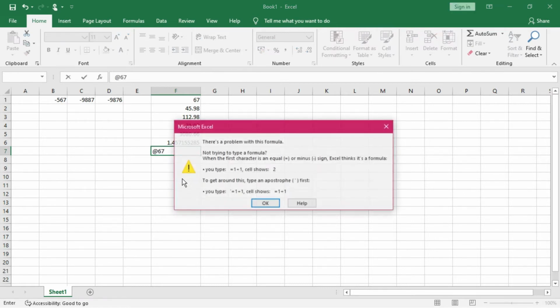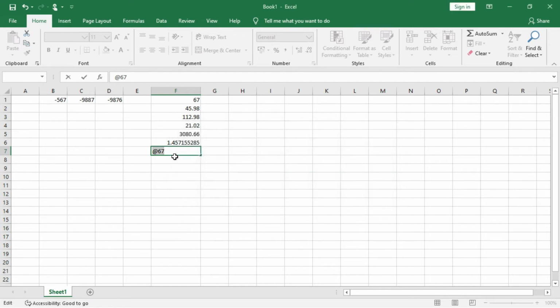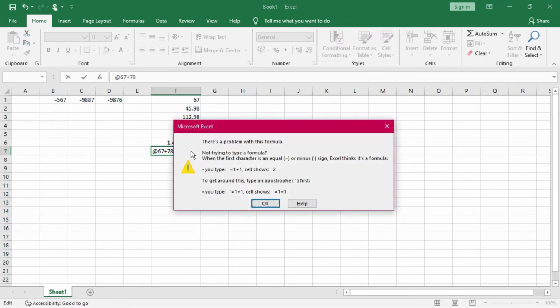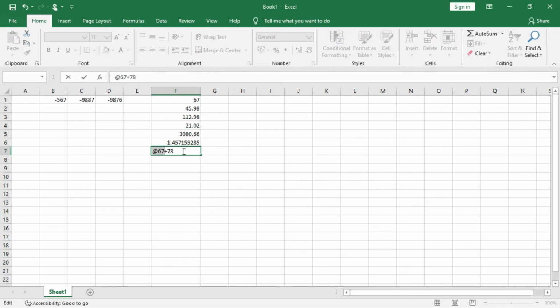This is actually the problem: this particular symbol will not be accepted as a formula. Sometimes you try to give this add symbol, but it does not work in this way.